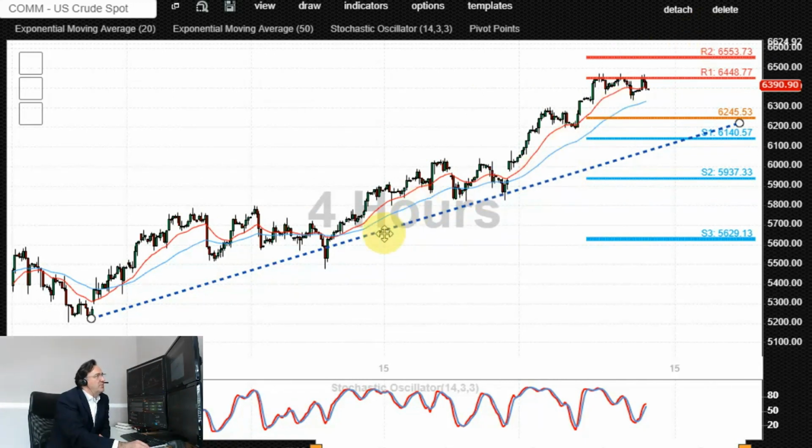Current price, intraday price action, is trading above rising 20-50 moving averages, and also it's supported by this rising support trend line. The current price action potentially is looking like a triple top from the intraday point of view, capped by 64.50. If we see a corrective pullbacks from the current levels towards 63, 62.45, it would quite likely be